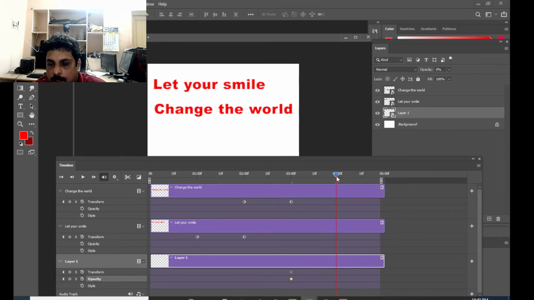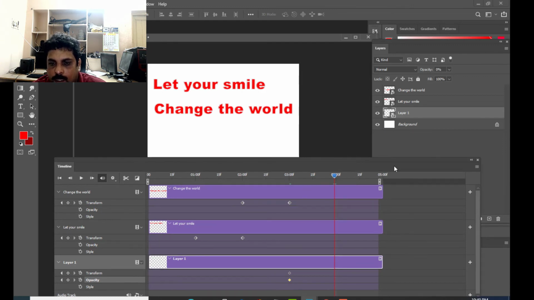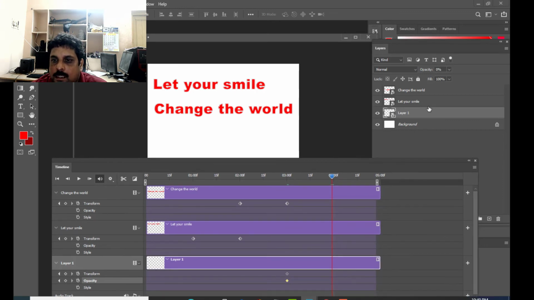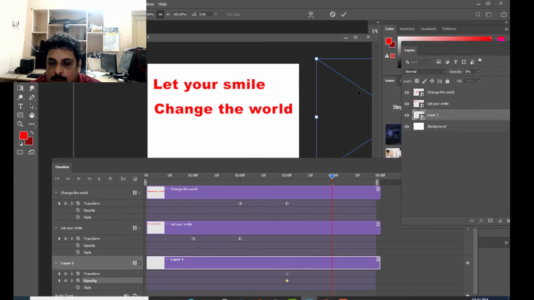Just move the playhead to 4 seconds, and then select the image and move it over here, and then hit enter, and then we will also animate the opacity.